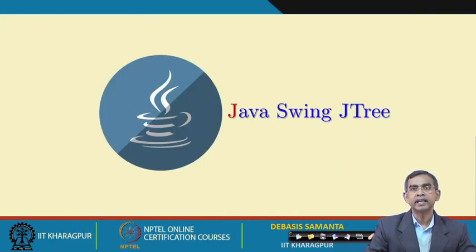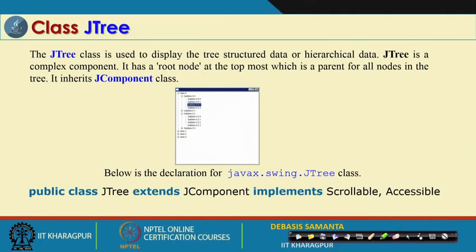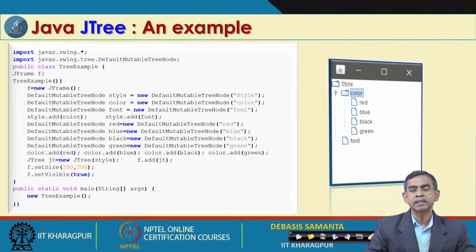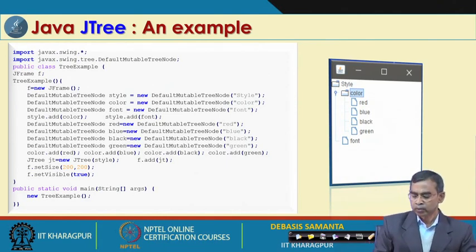And then JTree, which is a very interesting Swing component. We are familiar with it whenever we browse a directory, as it shows the subdirectories under a directory and the files under the subdirectories. So the entire tree will look like this. It can be maintained using a component class, from which the information can be obtained from the drive. It has three constructors, and this simple example shows how a JTree can be used.